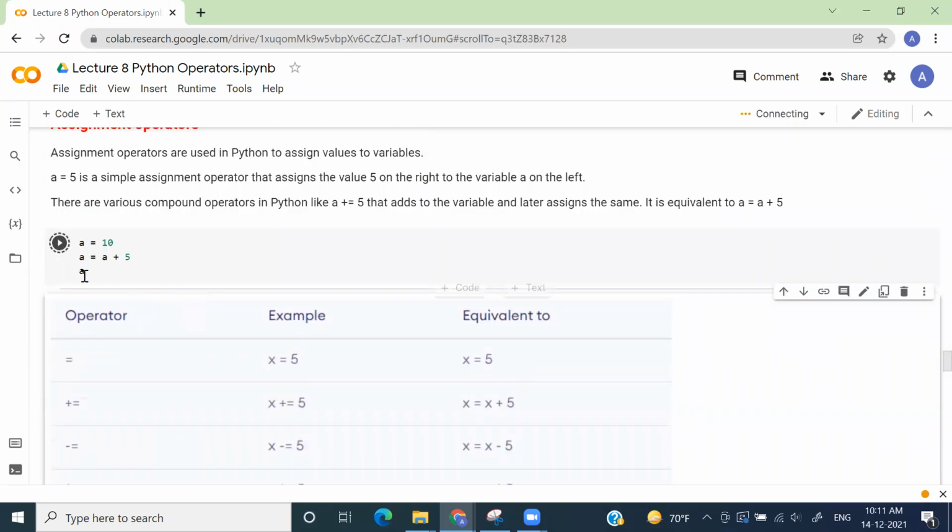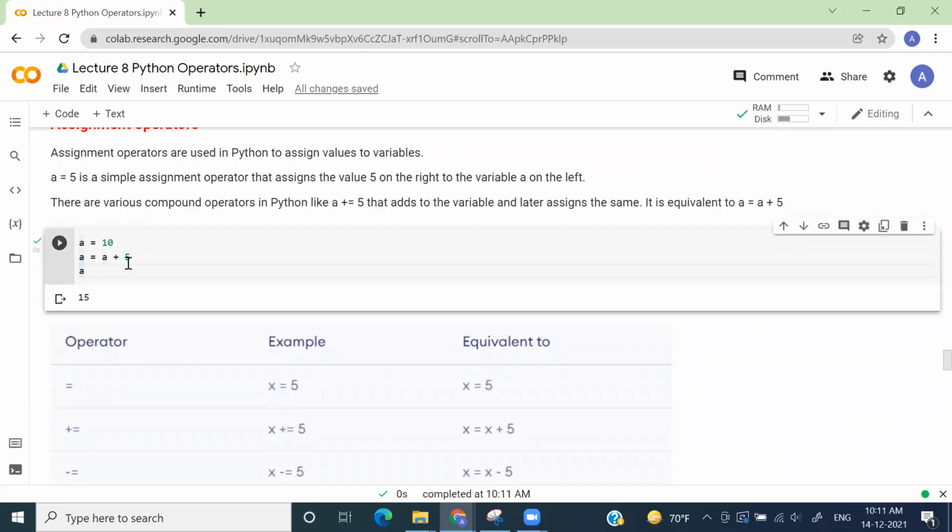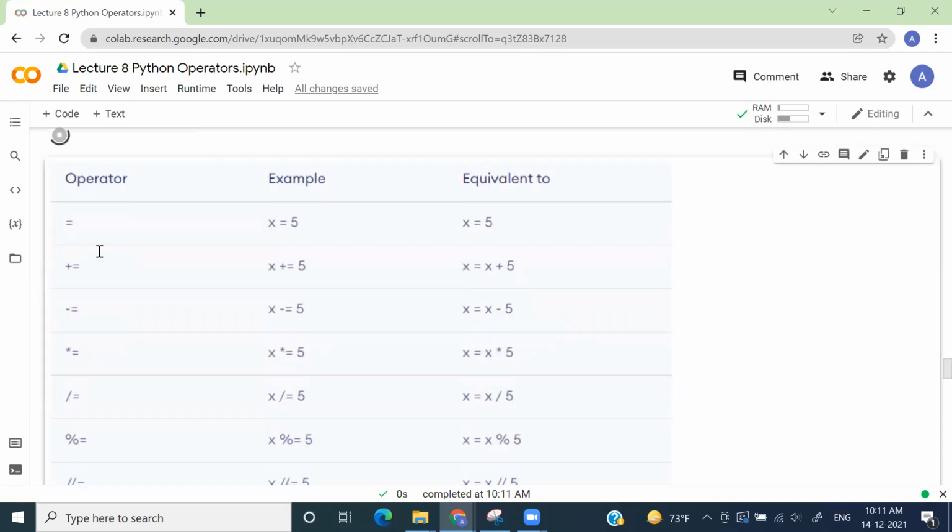This is one way of doing it. Just give it a second. It is initializing the color and will give you the output. Yeah. So now you see the output is 15, right? So this is one way of doing it. But suppose you want to use assignment operator here, right, and you want to do it a bit more quickly, then instead of this, what you could have done is something like this. A plus is equal to 5. Yes. So you know this concept?